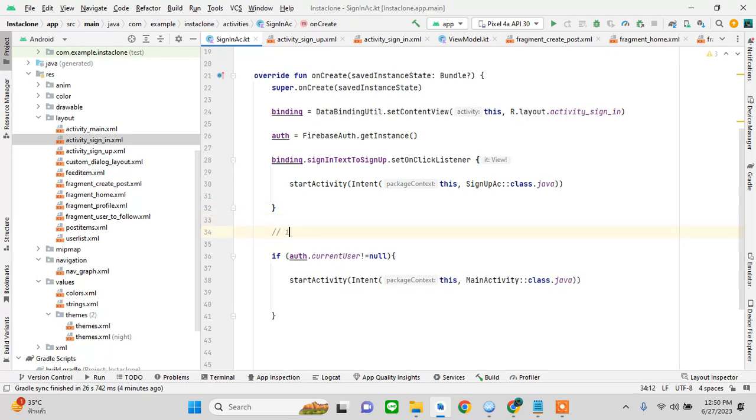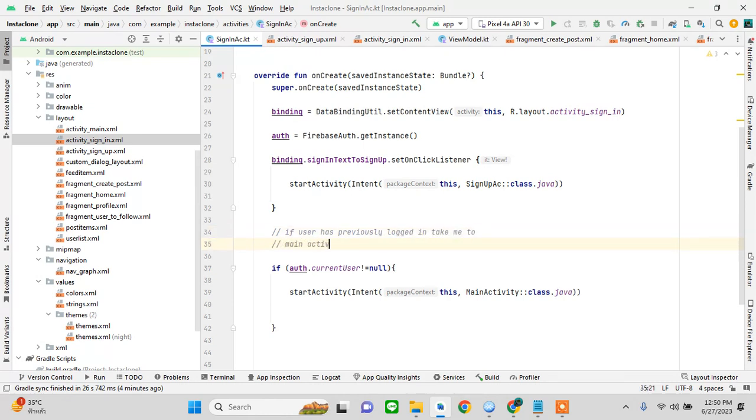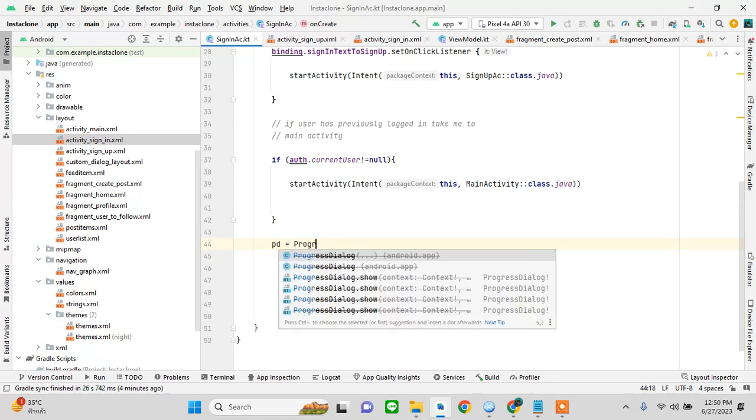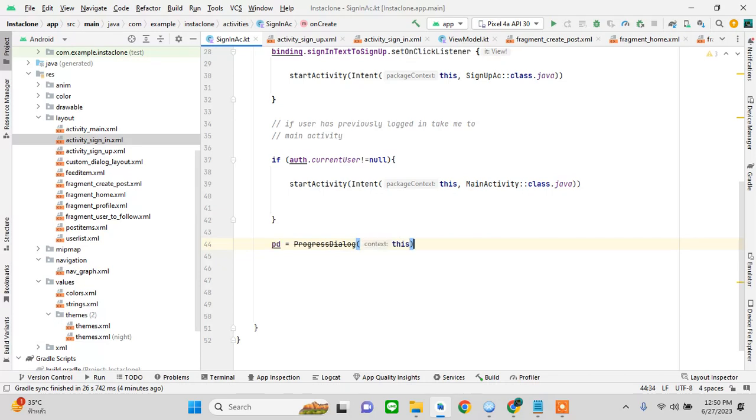If user has previously logged in, take me to main activity, unless they log out, then the sign in activity will open, right? Okay, good. Now let's work on binding